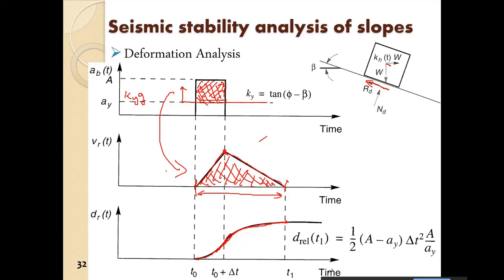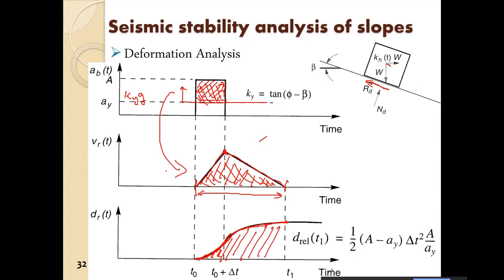From here to here the rate of displacement increases, and again from here to here it decreases. So ultimately what Newmark did was